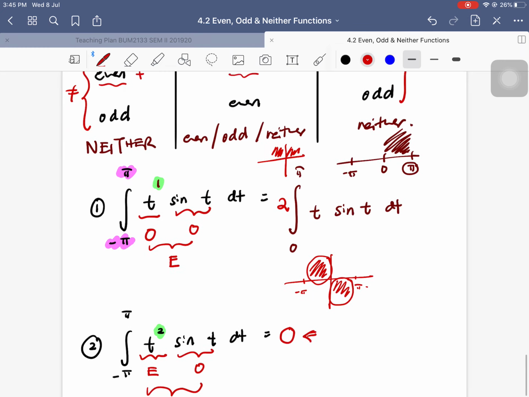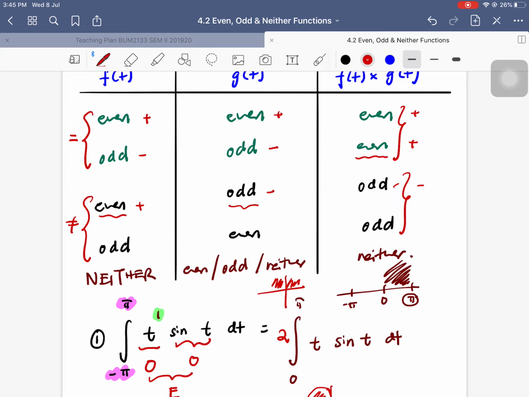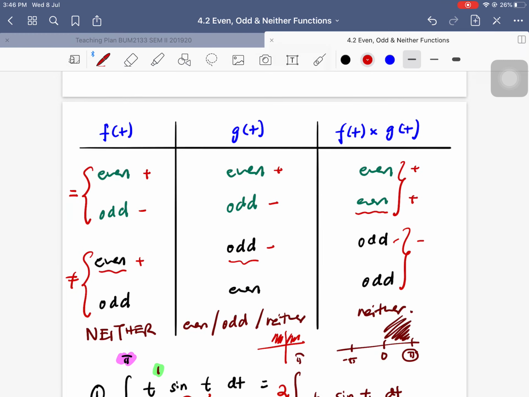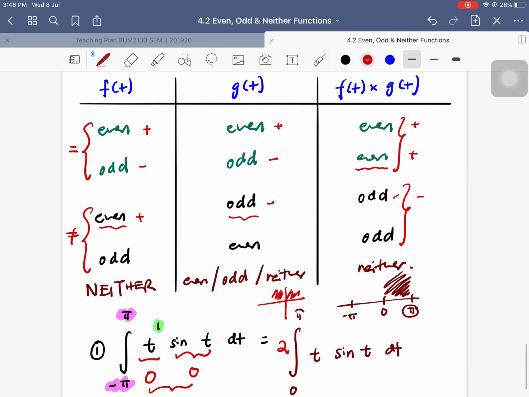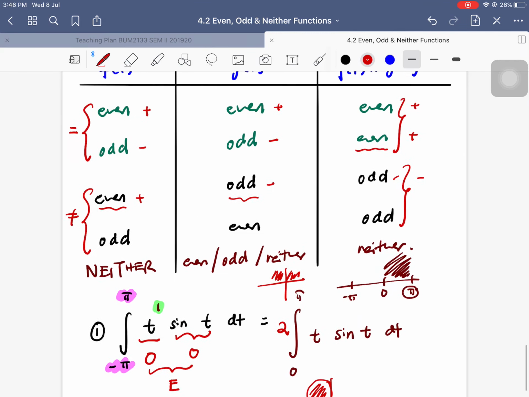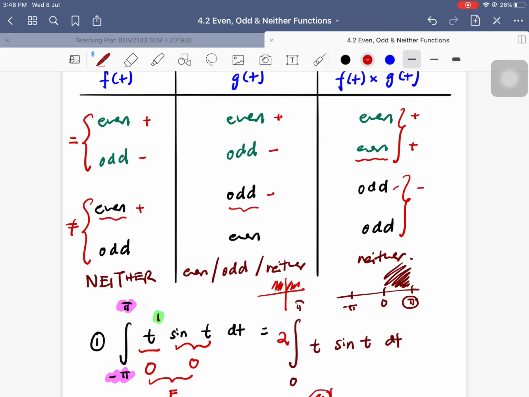Right? So I hope you can listen to this over. If you don't understand, listen to it over and over again. Consult your lecturer on what that means, because these concepts are going to be very, very crucial when I start with the calculation in the third video. These are all the things that I'm going to apply, like when this is even, when this is odd. So when it's even multiplied by odd, how do I simplify the calculation and such? Remember? So listen to this over and over again if you need to, right? So I'll see